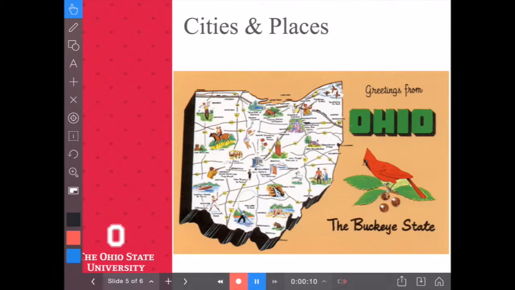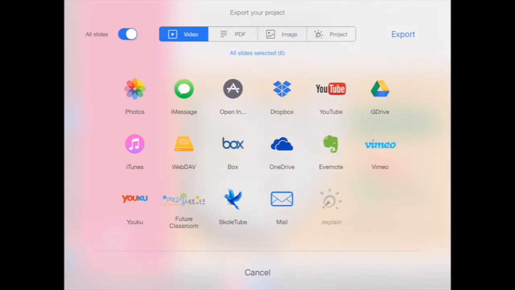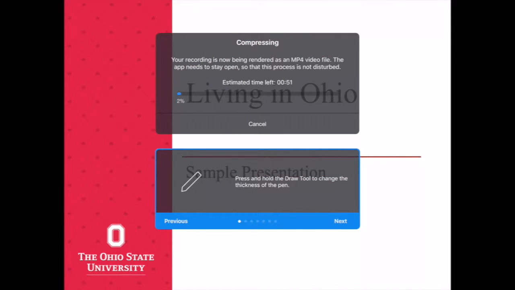As I've been recording this entire session, let's take a look at what it looks like. What I'm going to do is take this box with the arrow pointing up, and that's my export box. And I'm going to select a way to export it. And you have different options here. I want to export the video as it shows, and I'm going to just send it to Photos. So here it's compressing my video, and the longer your video, the more time it takes.